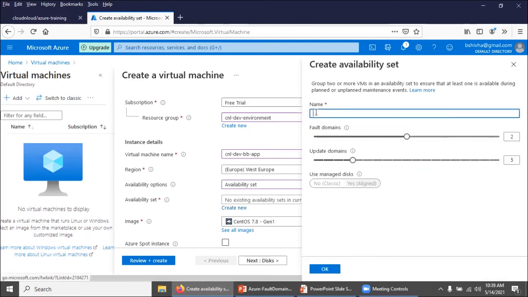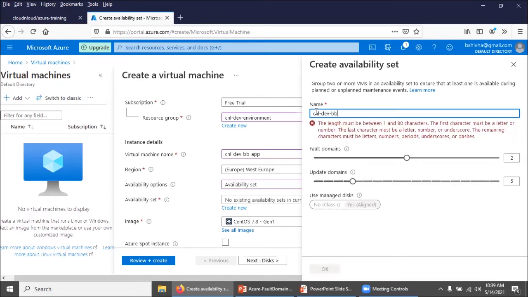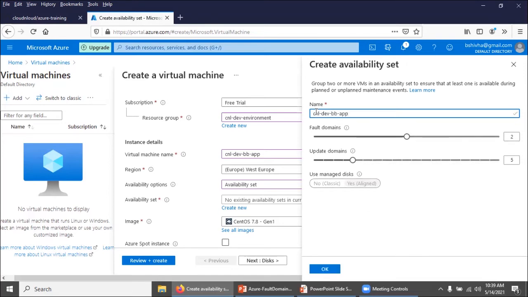I'm naming it CNL, related to my CNL dev BB app. This is the availability set, and because I don't want to get deviated, I am aligning with the same machine name so that I can easily identify which name corresponds to which availability set.